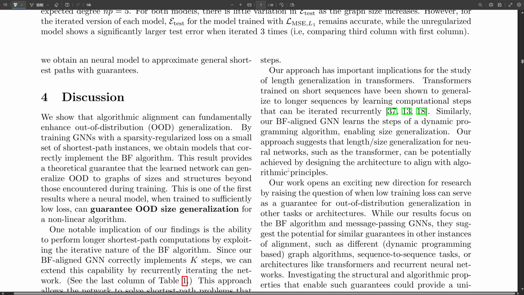And why is this such a significant development for the field of graph learning? Why should people care about this? Well, it addresses one of the biggest challenges in GNN research, out-of-distribution generalization. Traditionally, models that perform well on the data they're trained on often fall apart when faced with new types of graphs. Like they're overfitting to the training data. Exactly. But this research offers a potential solution to that problem. By embedding the structure of these known algorithms within the neural network itself and encouraging the learning of sparse, efficient representations, we might be able to overcome this generalization barrier and build GNNs that are much more robust and reliable